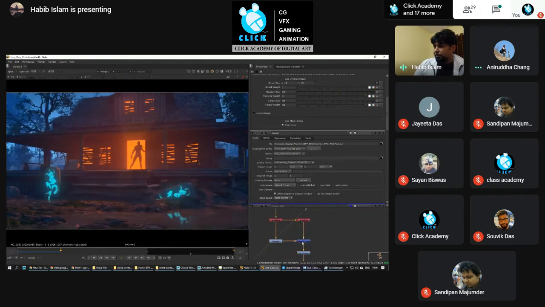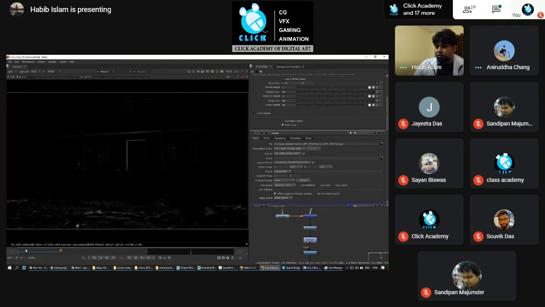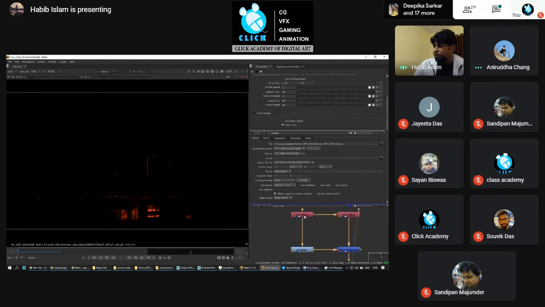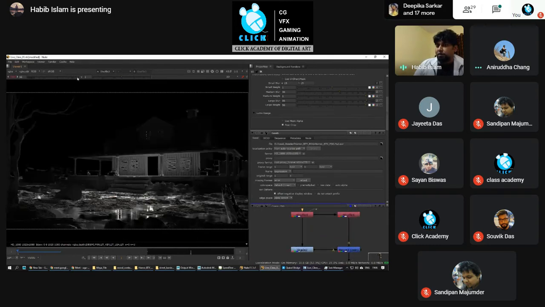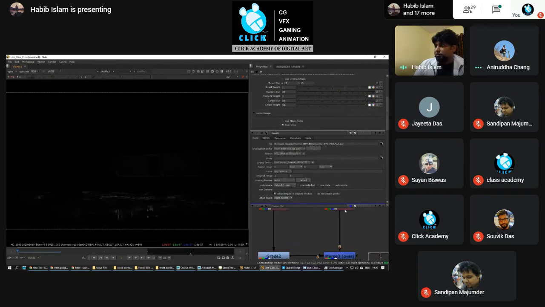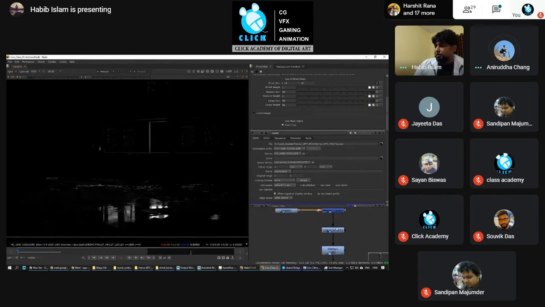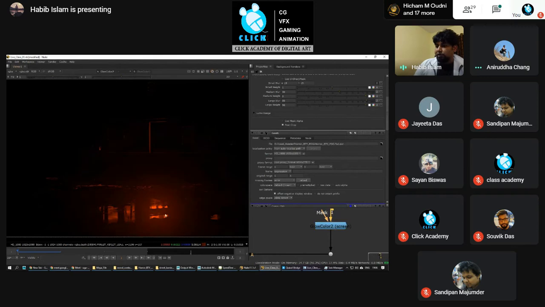And I did some adjustment on the water so that it will look a little good. To enhance the water, I've taken out the reflection of the water. This is the reflection of the water. This is the specular of the water. You will see, I've taken out both the passes merged. Added some CC and added some glow on the water reflection as well.